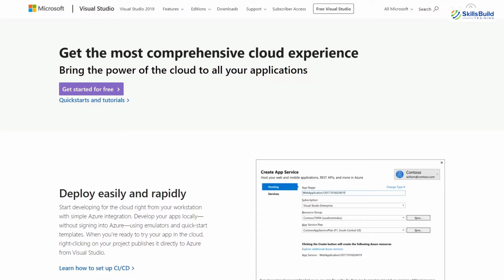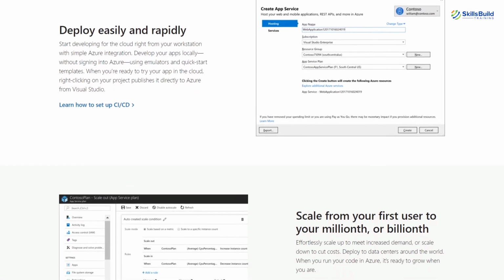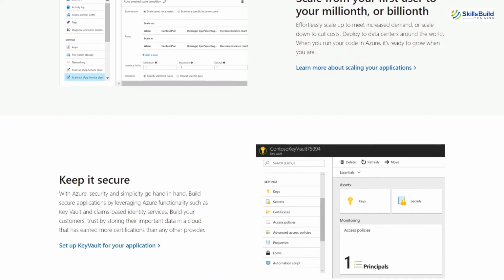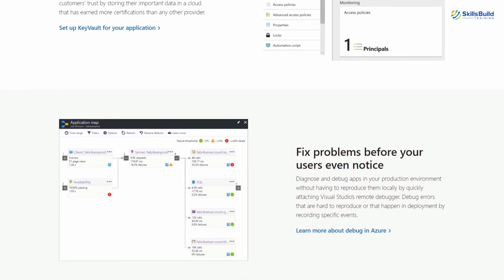Now let's talk about the core functionalities. The first one I'm going to talk about is Azure. With Visual Studio 2022, it is easier and quicker for teams and developers to build modern apps which are cloud-based, and by cloud I mean Azure.